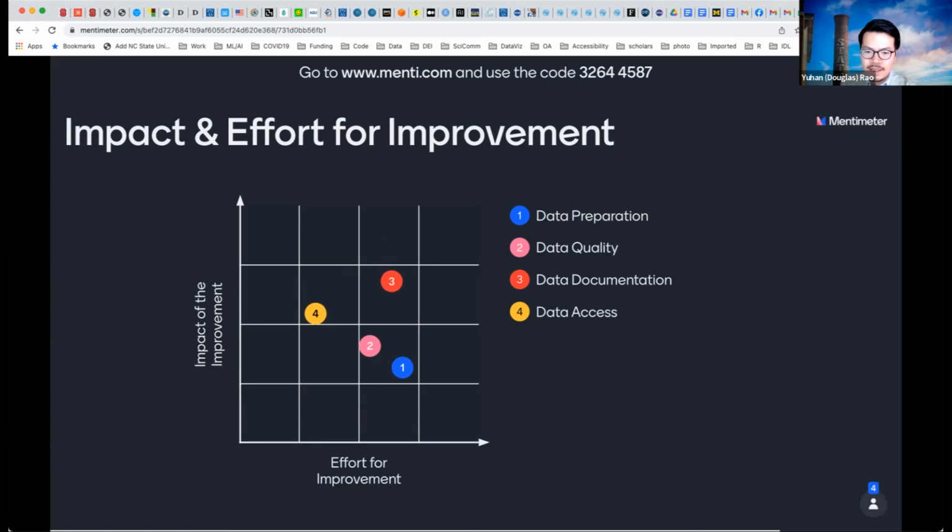So what do you think, from your perspective, is the effort for improvement and what's the impact? It's kind of like a cost-benefit analysis, and that can help identify what should be the high priority for the improvements.